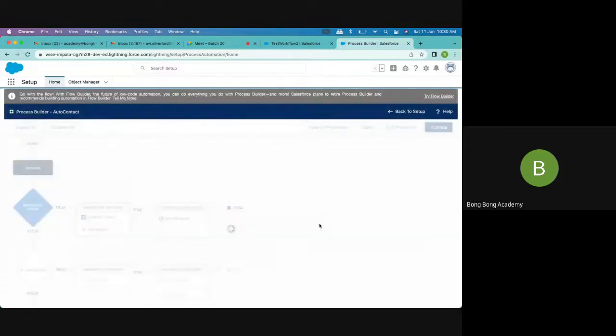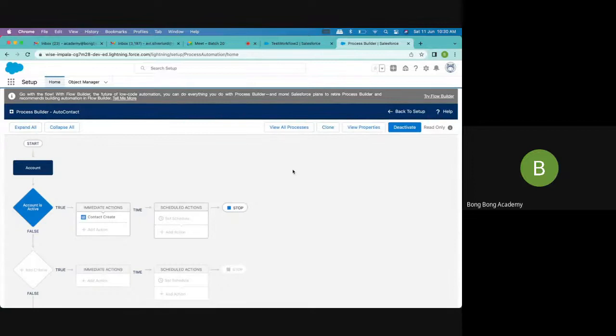It is very important that workflow rules and process builders and flows all need to be activated. Otherwise, it will not function. Please don't forget to activate it. Validation rule is automatically activated when you are creating it, but these automations are never activated by default. Okay,